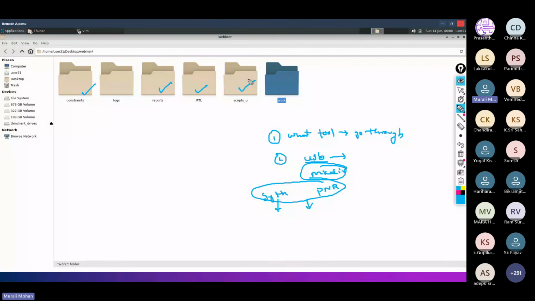Here we are going to invoke the tool. And here is the important thing for the PD engineer: logs. What is the use of that? Whenever you are working on any design and you face any issues, as a fresher or as an experienced candidate, whoever it may be, if you are unable to resolve that issue, then you approach your team lead or a higher position, the person who knows how to fix that particular violation, and we show this